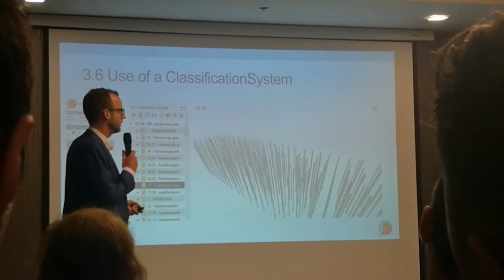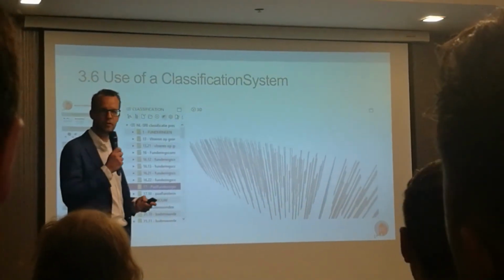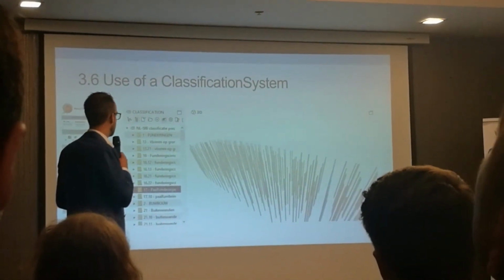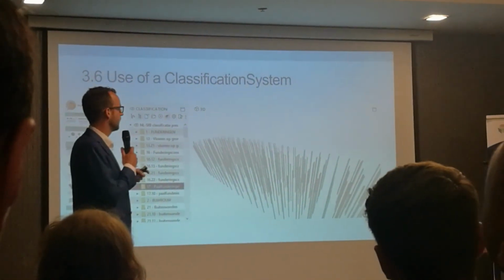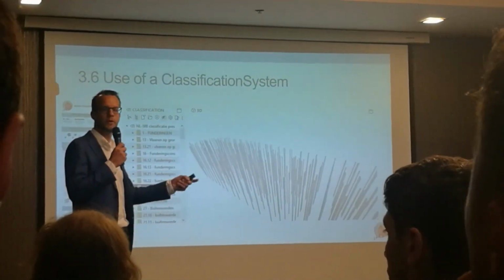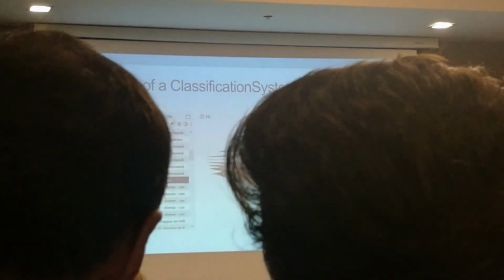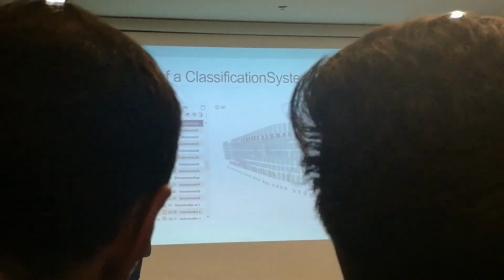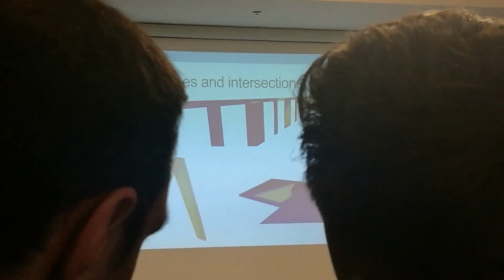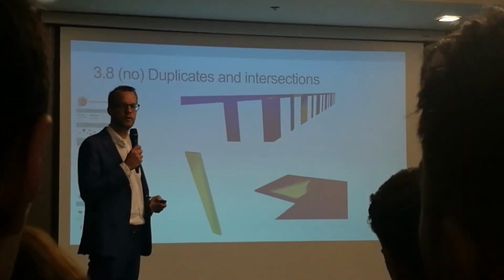A classification system. I heard that it's not really available now, but start using one. So you can filter your information over different objects. So this is all the piling, this is all the floors, this is all the windows. So we don't accept duplicates and intersections in a model for obvious